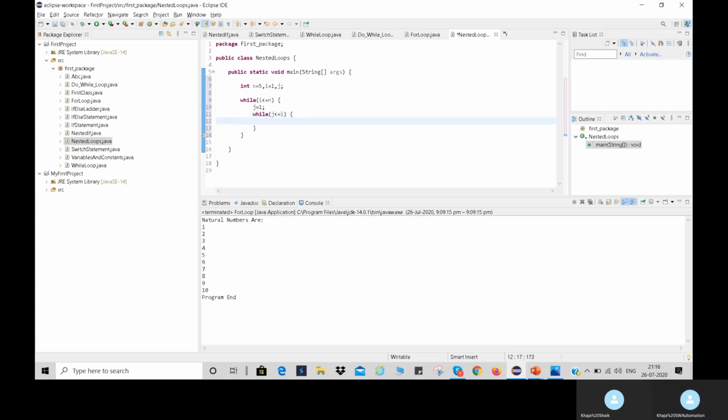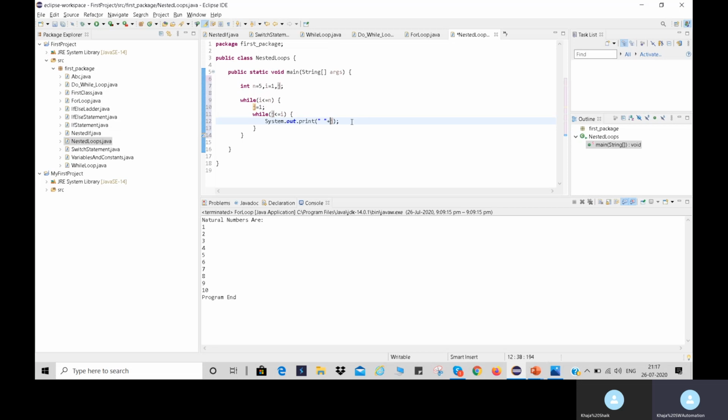Now System.out.println, I am displaying the value of j. I'm just printing, using the print statement like this. I want some spaces also, so plus a space like this.